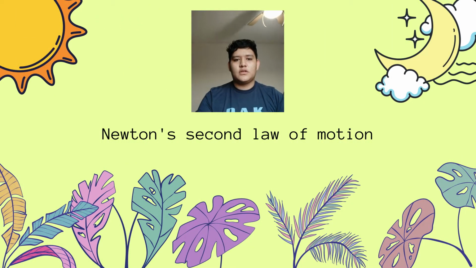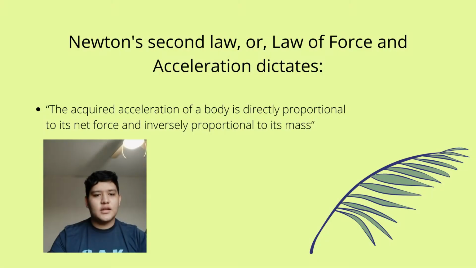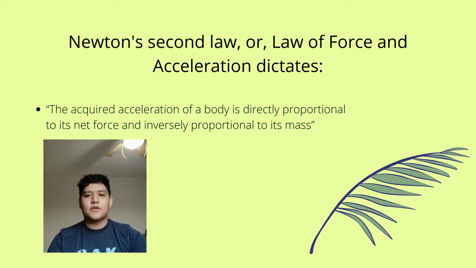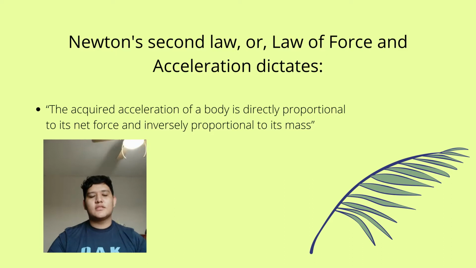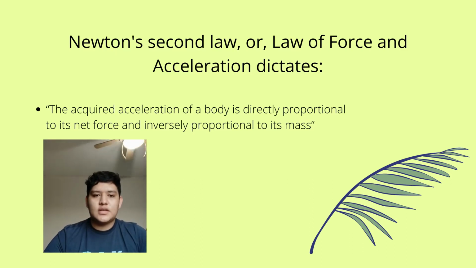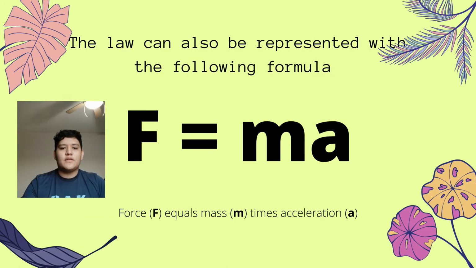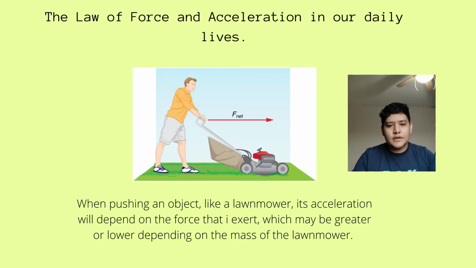Newton's second law of motion, also called the law of force and acceleration, dictates that the acquired acceleration of a body is directly proportional to its net force and inversely proportional to its mass. This also means that force is equal to the change in momentum per change in time. This law can be represented by the formula force equals mass times acceleration. We can observe this law in our daily lives, for example, when pushing an object. Its acceleration will depend on the force that I exert, which may be greater or lower depending on the